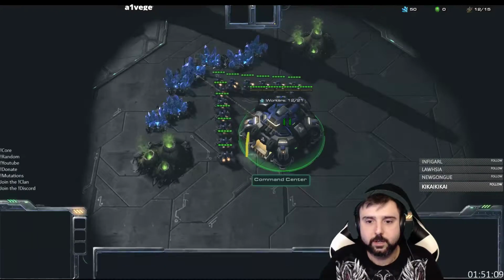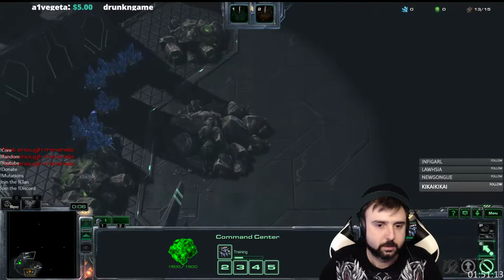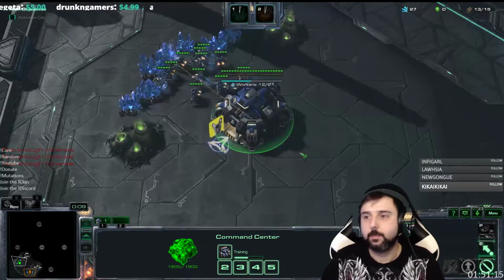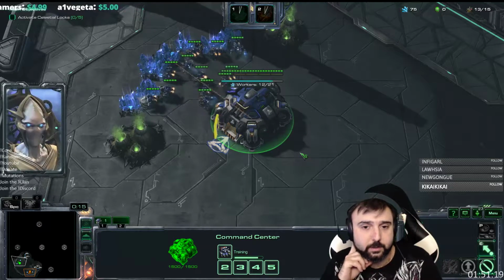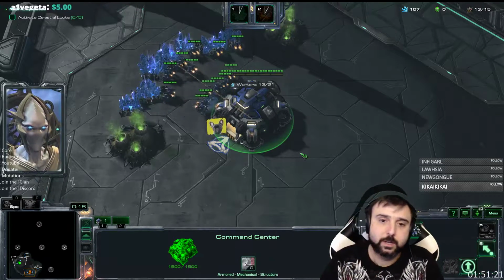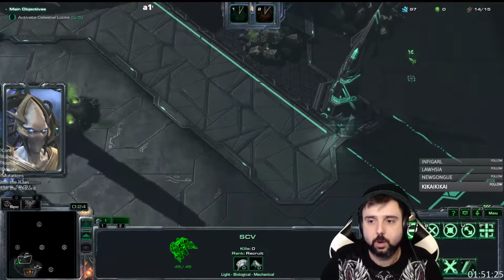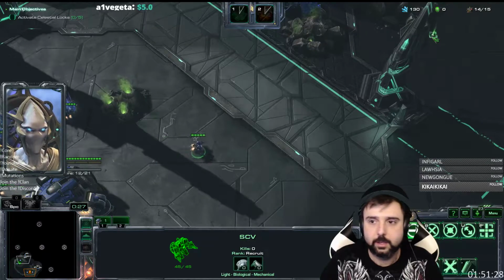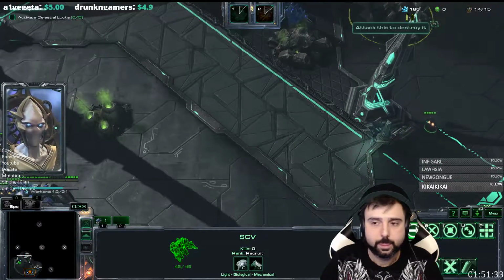The basic idea for Raynor here is to get to 14 supply, then build a CC, stay at 14 supply, build a barracks. As soon as the barracks is done, you can get an orbital, and then you should be able to